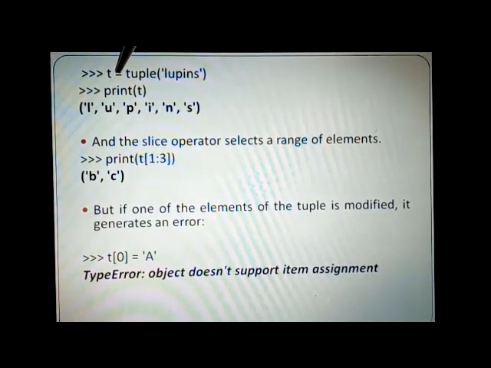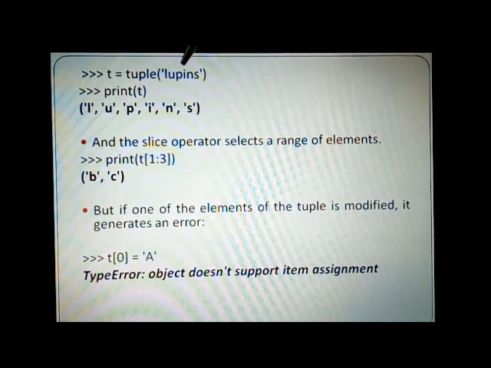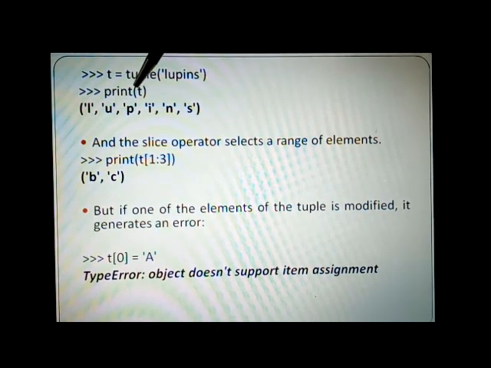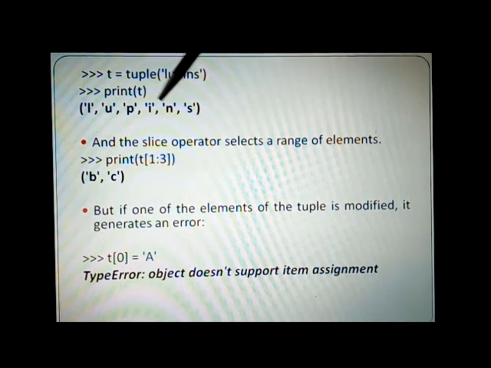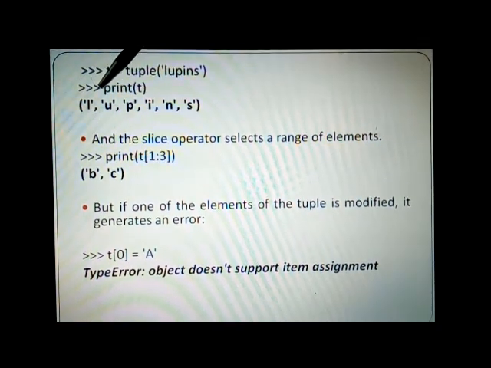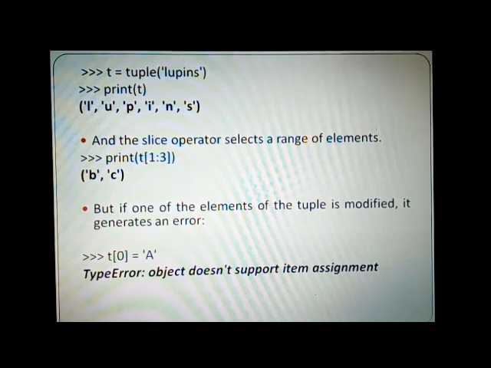Now you should also know one more thing, that whenever I have a string, for example, if I have stored that entire string as a tuple here in single quotes, then whenever I print it, it will print it as a character string with each character separated by single quotes. And similarly, I have a slice operation here, which allows me to display 1:3.